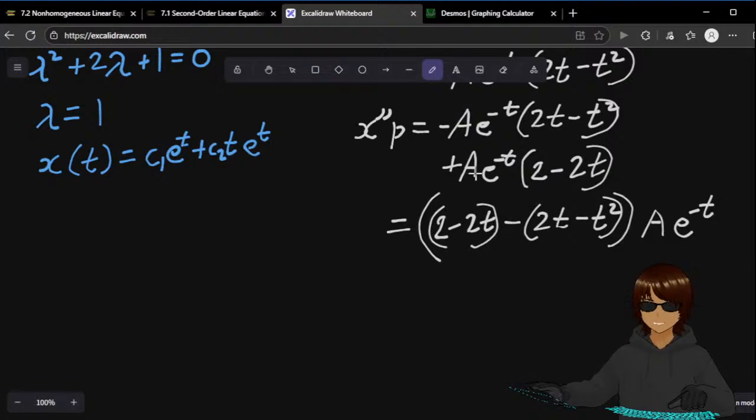I can take a to the power of e minus t separate. So I'm left with this minus this, right? Minus 2t. 2 minus 4t plus t square gives me